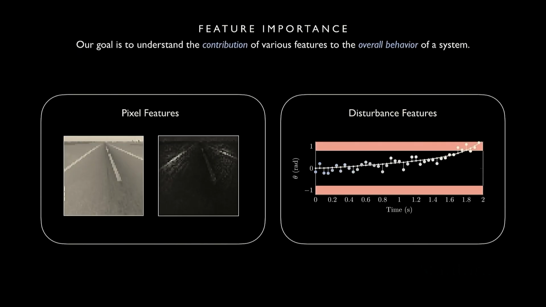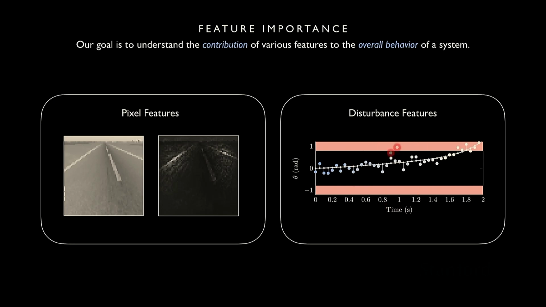So here's a couple examples to make it more concrete. Say we have an aircraft that's taking images of a runway, and we're using those images to steer ourselves down the runway. Then we might want to know, given a particular image, what pixels in the image were most important for us to decide on the steering angle that we were eventually going to take. And so the brighter pixels in this image, I'll talk about how we find this in a second, would give us an idea of the pixels that were most important in deciding what steering angle to take.